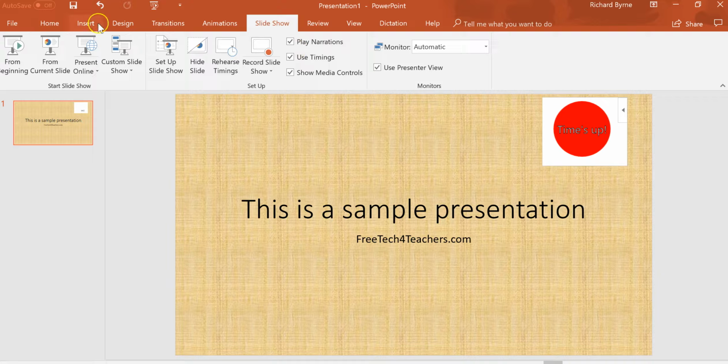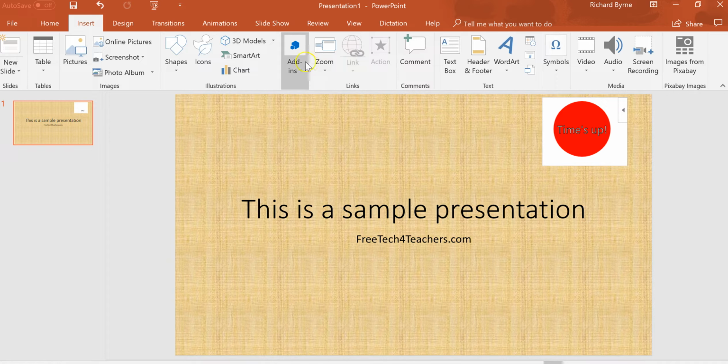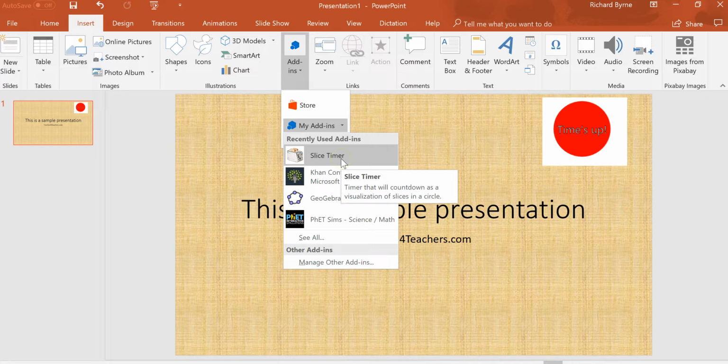So again, you can find that by going to the Insert menu, selecting Add-ins, and the add-in is called Slice